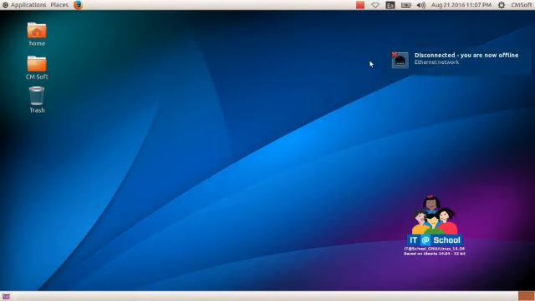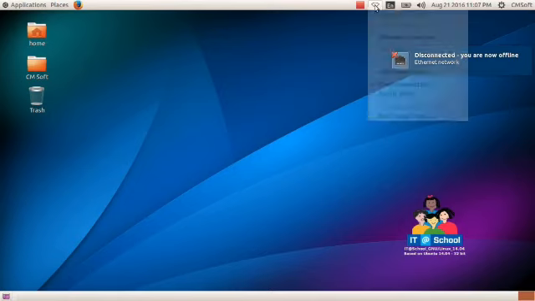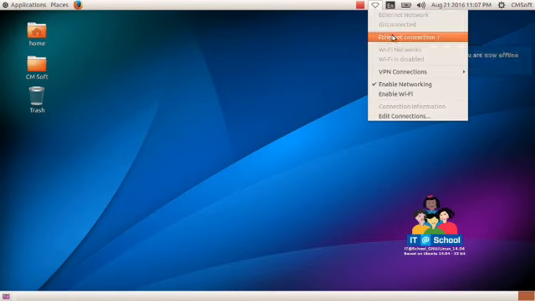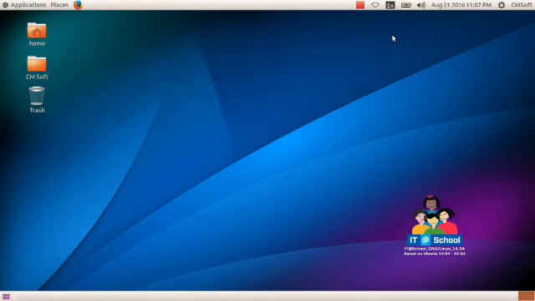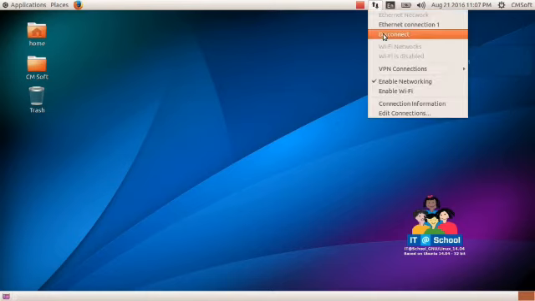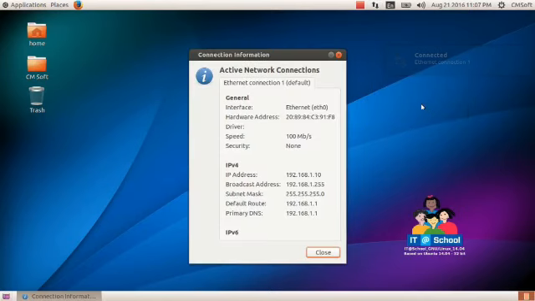Then disconnect the network. To apply the changes, first disconnect the network, then connect, then again check the network connection information. So the address cannot change because we gave the permanent IP address for the computer.